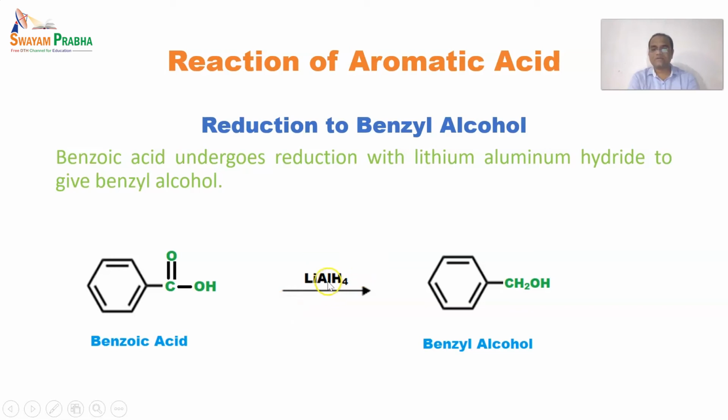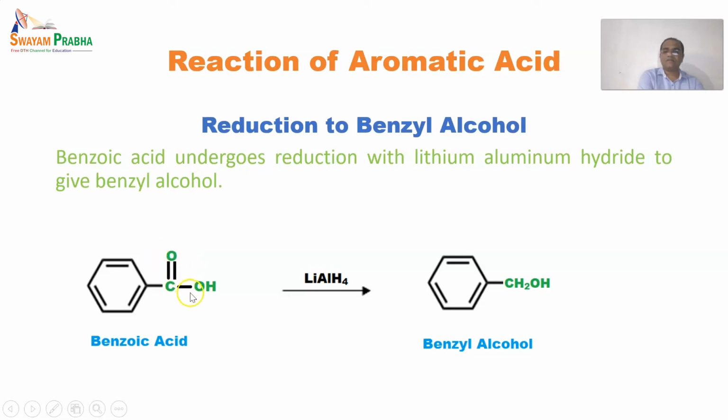If we come towards the mechanism of this reaction, this aluminum is metal in nature, and lithium is also a metal in nature, but it is not as strong as aluminum. So this aluminum, whenever it liberates a hydride ion, that means H minus ion, having a negative charge, it will come towards an electron deficient carbon, because this carbon is electron deficient, having an adjacent